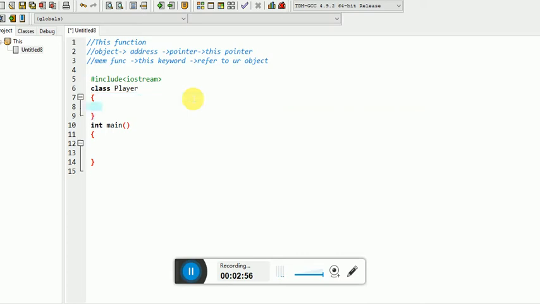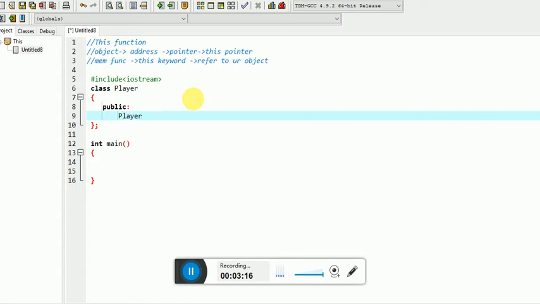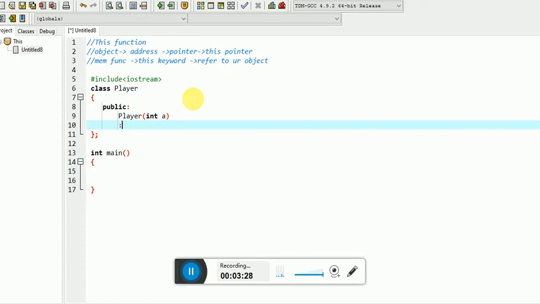In my class I will be specifying the public attribute, and I will be declaring my constructor. The rule for the constructor is that its name must be the same as that of your class. Here I will be passing a single constructor argument, a single argument constructor.